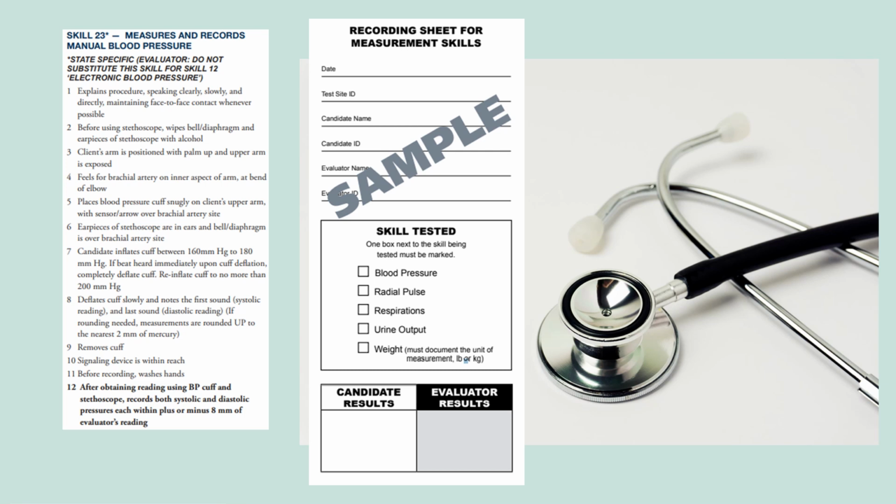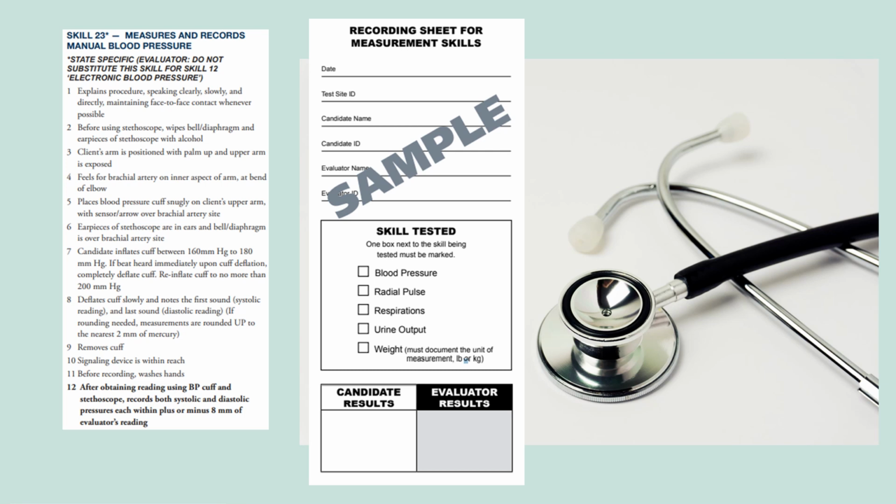If the candidate reports inability to hear the blood pressure, maybe they deflated too quickly, or simply they do not know how to take blood pressure, the evaluator will instruct the candidate to reinflate and try again. The candidate can retake the blood pressure up to 2 times on each arm. After retaking, if the evaluator can hear the sounds, but the candidate cannot, the candidate must record a measurement. If neither the candidate nor the evaluator can hear sounds, a new client will be selected.